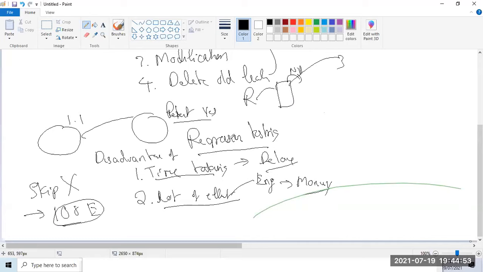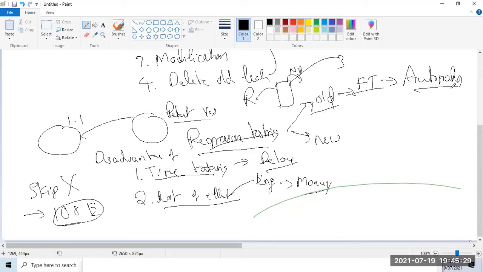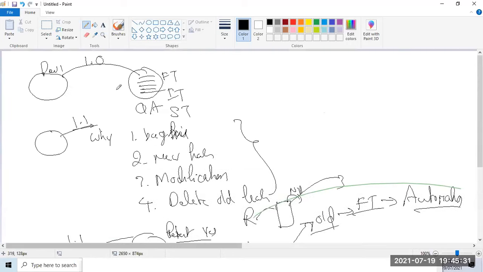So here my question is, when I say regression test cases, does it involve testing of an old feature or testing of a new feature? Old feature. That means same feature, no major changes in the functionality, but because there is a modification or a defect fix, we have to retest it. Instead of doing it manually, you better go for automation. What is the best solution for regression testing? Automation.